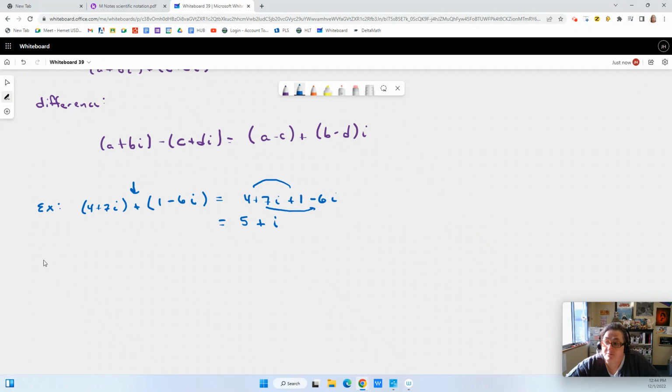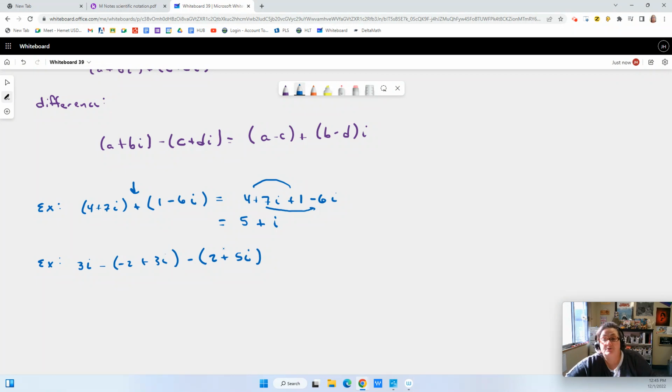Not too difficult, right? But if I have a similar problem and between them is a subtraction, so say I have, oh, there we go. I just didn't like the other one because it gives me an extra component. If I have 3i minus negative 2 plus 3i minus 2 plus 5i, we can rewrite this.